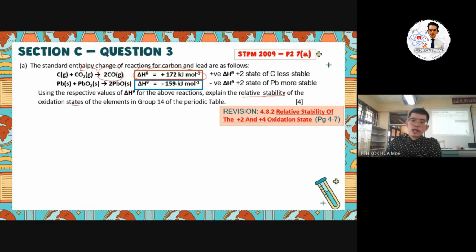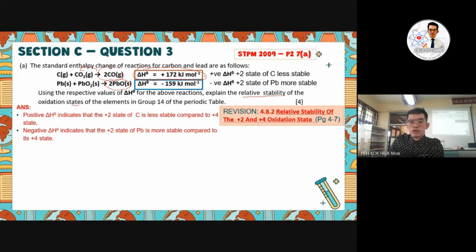And when it comes to the negative, that means the energy released will be more stable. So this equation will be more stable to form lead(II) oxide. So that means the lead will be more stable in +2 oxidation. So you need to try to relate the exothermic and endothermic to the stability of the oxidation state here. Okay, so here the reference answer for the positive enthalpy indicates that the +2 oxidation of the carbon